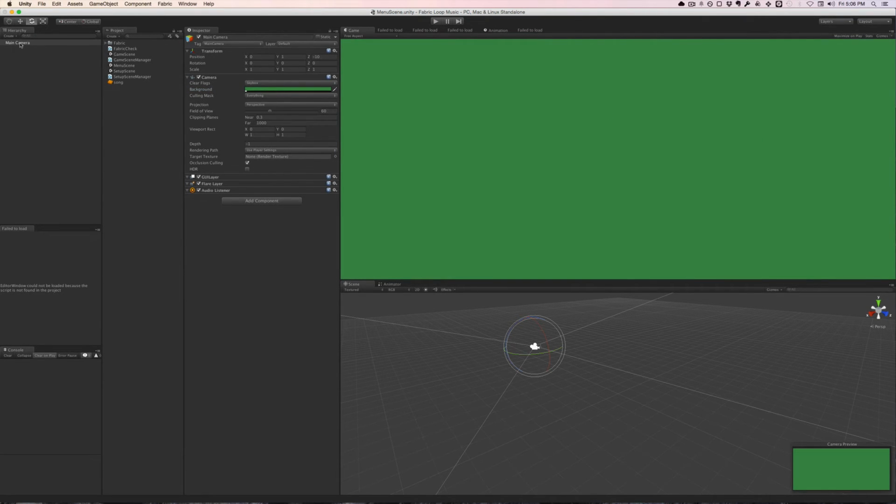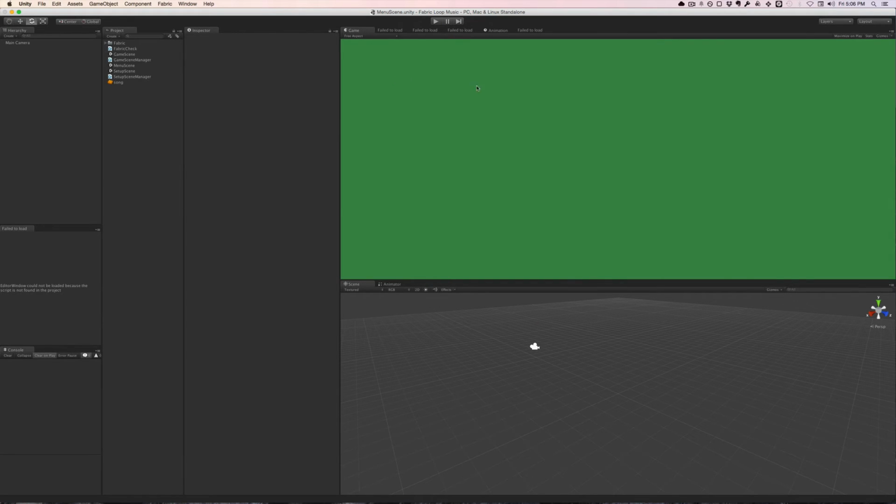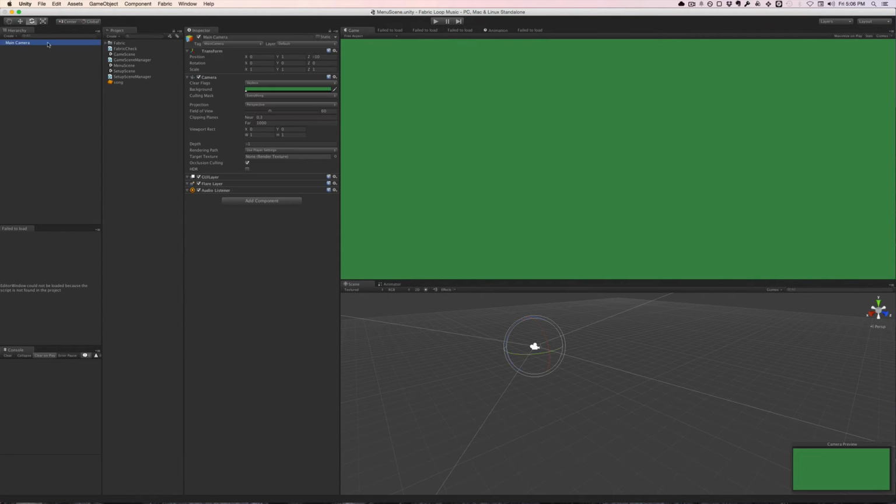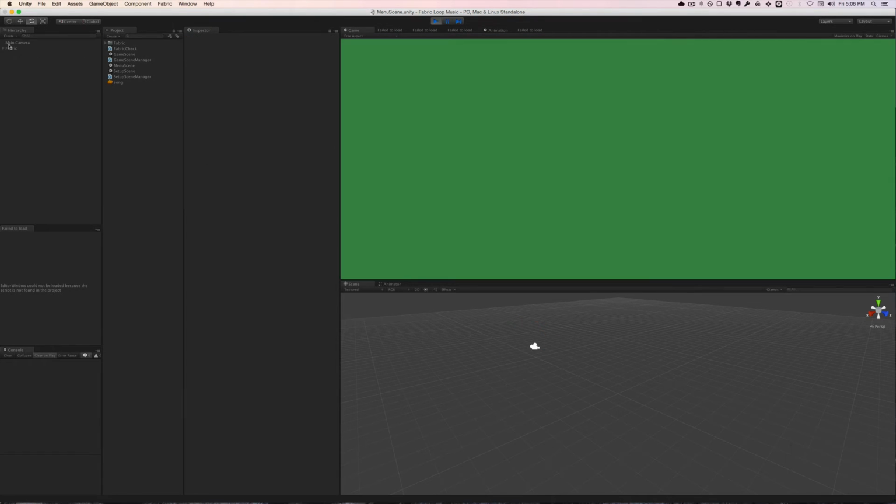Now if I start, there's no fabric manager in the menu scene either, and I'm just going to drag the fabric check onto the camera here. Now I push play, it does the same thing. There's now fabric in the menu scene. Okay, so we're getting closer here. Let's go back to the game,